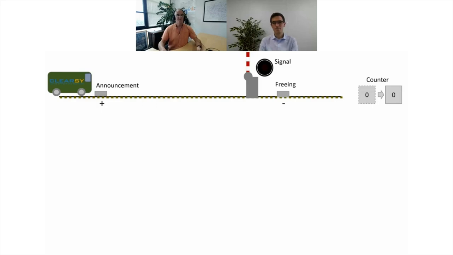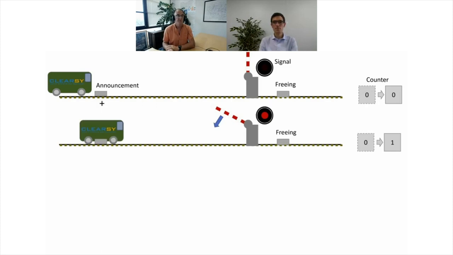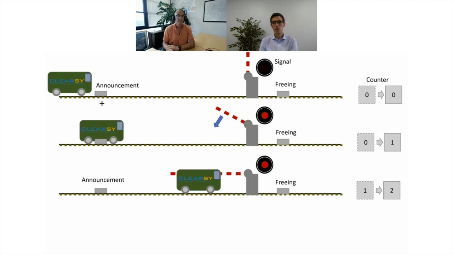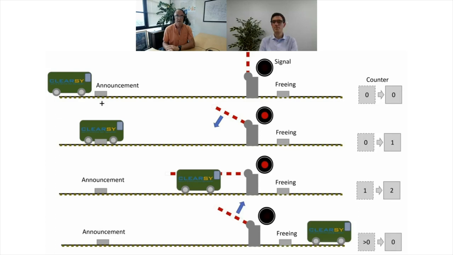So, a different view, decomposed. Before the train enters the area, the counter is equal to 0. Then one axle goes over the pedal, so the counter goes to 1, the barriers start to close, and the light is flashing. And then you have a second axle, so the counter is now 2, and the barriers are down. And then the train, so the freeing pedal is just